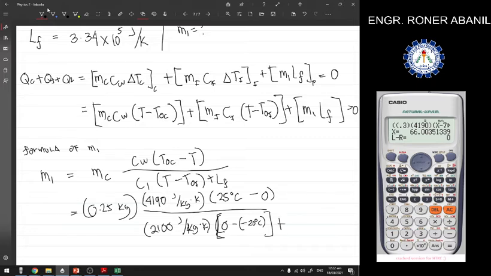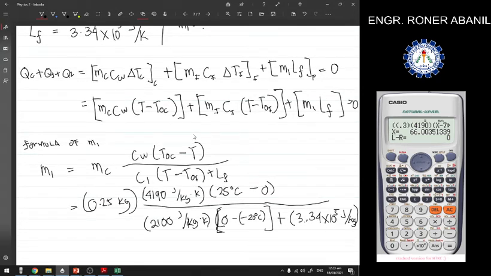So, plus yung L F natin. Yung L F natin is 3.34 times 10 raised to 5 joule per kilogram. So, using calculator, lalabas yan. So, 0.25